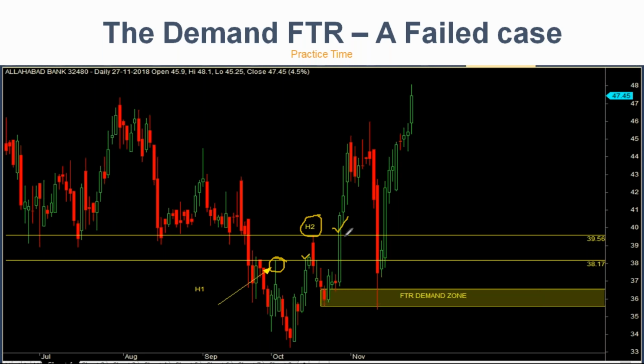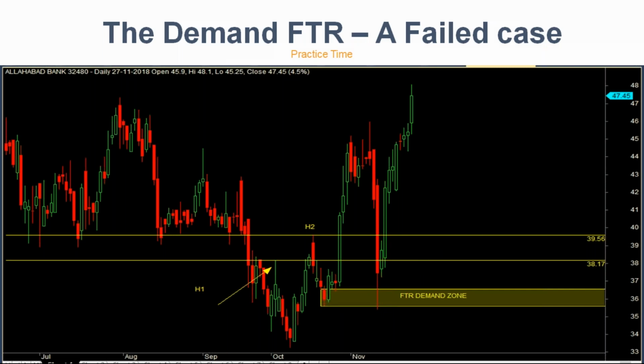When high 2 was broken, it is confirmed that this is a demand FTR. I come back to the bottom of the origin, I form that base, and I look forward for a trade and look for this superb momentum candle. Imagine how it would have cheated these people at the top. And again it failed. Why did this trade fail, friends?